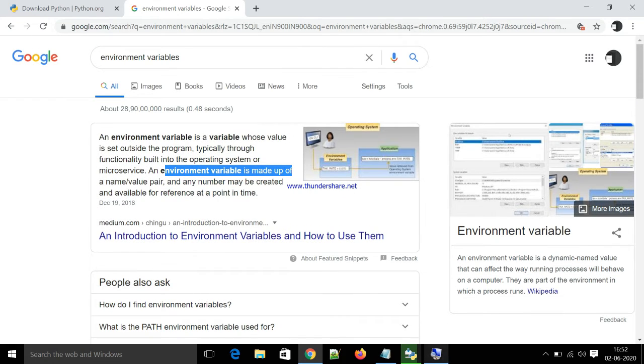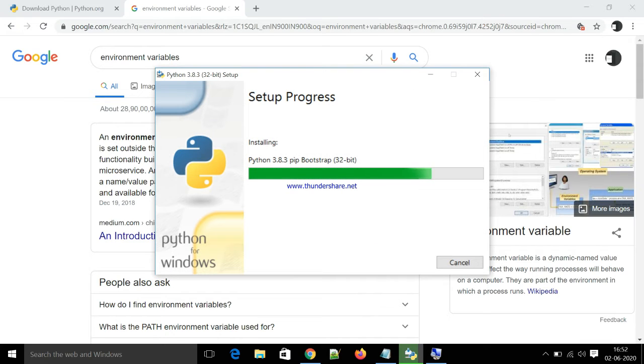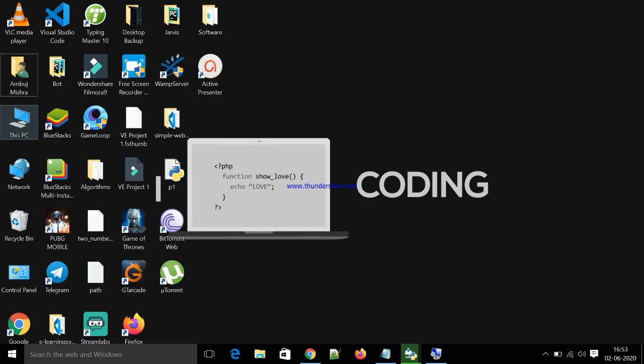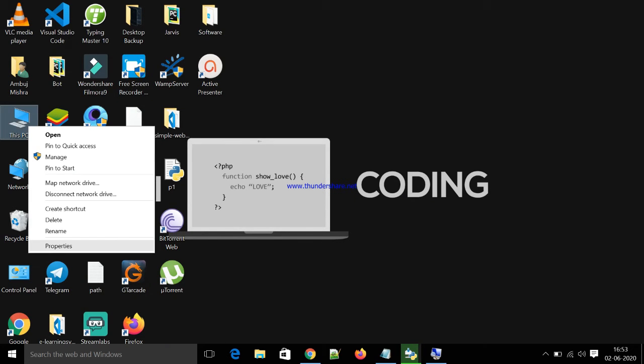Before proceeding with the setup progress, we have automatically added the environment variable for Python by checking the box in the previous window of this setup. If you want to manually add the environment variable, it is simple. You can just go to This PC, right click on properties.